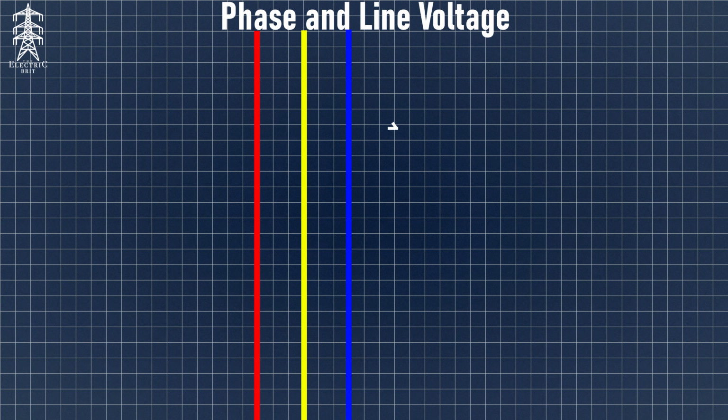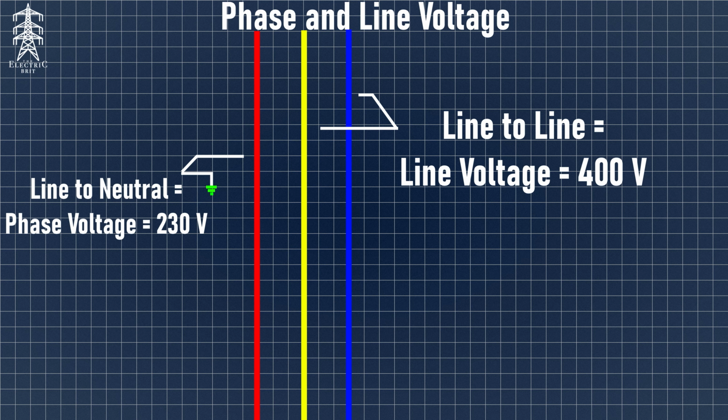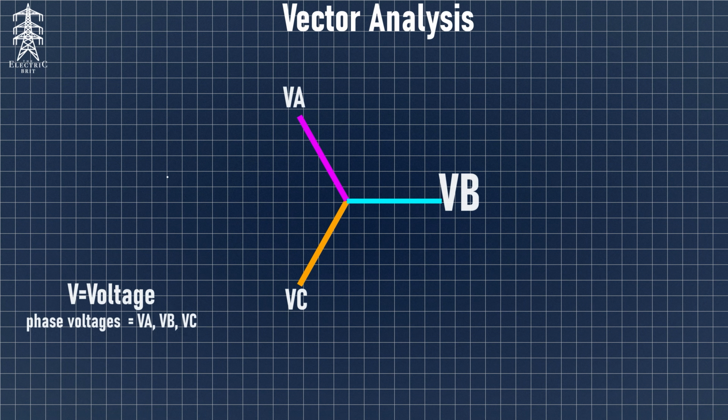which is the voltage between any 2 of the 3 phases, and phase voltage, VP, which is the voltage between any one phase and the neutral point. The relationship between these 2 voltages in a balanced 3-phase system form an equilateral triangle, with phases of equal magnitude but 120 degrees apart. We can use vector analysis to show that line voltage, VL, is root 3 times the phase